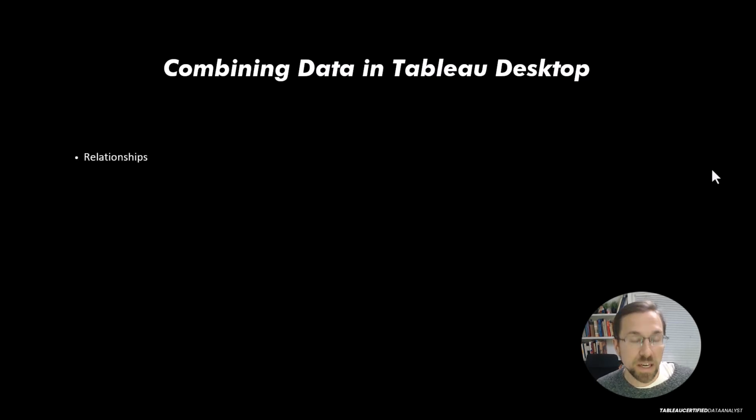First, there is relationships, and this is a Tableau specific concept. It's not something you would see in other applications, but this is Tableau's way of combining tables. Next, joins. Unlike relationships, this is a general concept. It's available in SQL. And so if you're familiar with SQL joins, you're already familiar with the joins that you'll